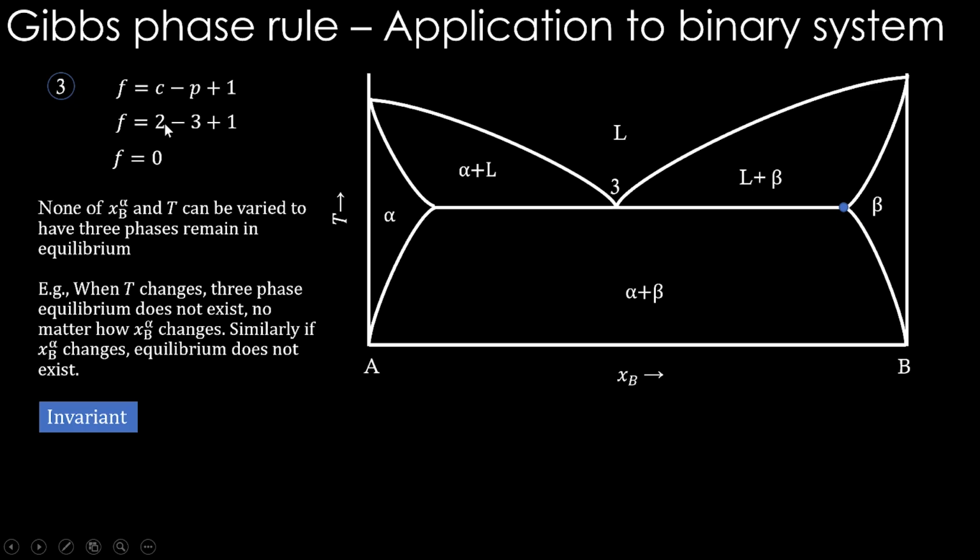If we increase the number of components to 3, then degree of freedom will be 1. Meaning in a 3-component system, to have 3 phases in equilibrium, it is a monovariant phase equilibrium. Right? So in these binary systems, because of this nature of all these horizontal lines which have 3 phases in equilibrium, all these reactions are called invariant reactions. And that is also quite a commonly used name for eutectic, eutectide, peritectic, all these reactions. The name is invariant in binary space.